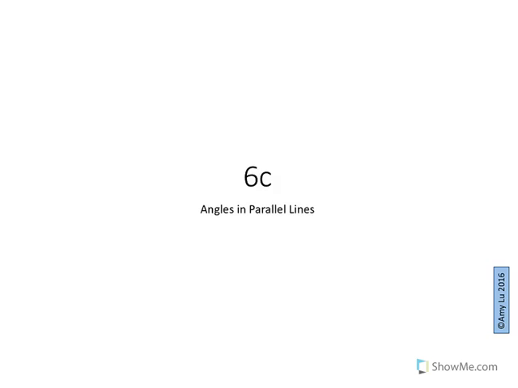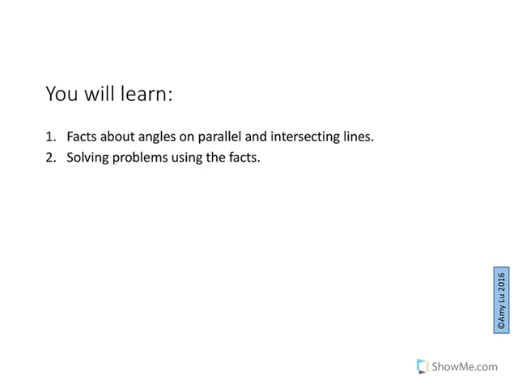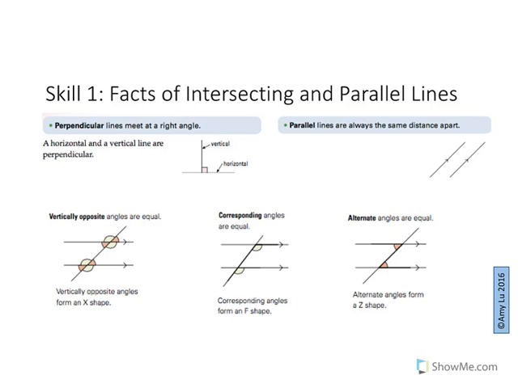So this is chapter 6C on angles in parallel lines. So we will talk about the facts of angles on parallel and intersecting lines, and then we will be doing some problems. So here's some facts. Number 1,